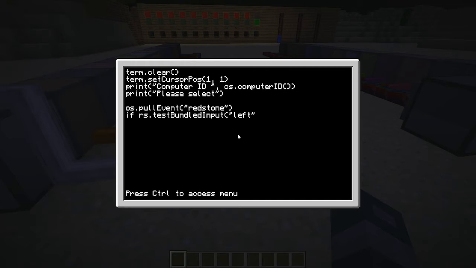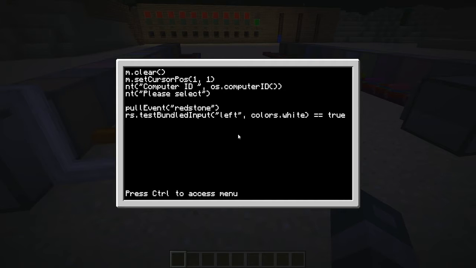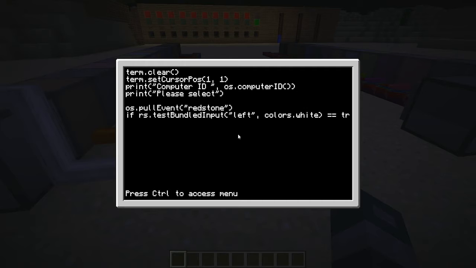All right, and then now we're gonna determine the color that is being inputted, which is gonna be the white color. All right, and then we close it like that, and then we put a space, and we put two equals, and then true. All right, so if you test the bundled input to the left, and if it's white, and also if it's true, then